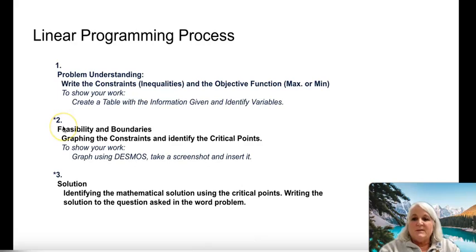And then the feasibility and boundaries, graphing the constraints and identifying the critical points. To show your work, you graph using Desmos and you take a screenshot and you'll insert it. And then the solution, you identify the mathematical solution using the critical points, and then writing the solution to the question asked in the word problem. So that's in words instead of just the math. Okay, so we are going to break